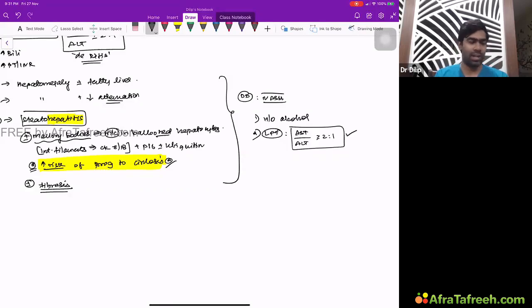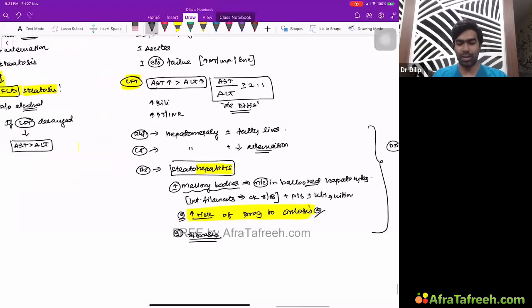Remember, alcoholic fatty liver disease cannot be differentiated from non-alcoholic fatty liver disease unless you have that significant history of alcohol, along with, if LFT is deranged, LFT-related change. But for alcoholic hepatitis, the closest differential, which cannot be differentiated by biopsy, ultrasound or CT, is non-alcoholic steatohepatitis, which produces exactly the same change in biopsy as alcoholic hepatitis. The only thing that will differentiate is the history of significant alcohol consumption and the LFT derangement. That is classic of alcoholic hepatitis: the AST:ALT ratio more than or equal to 2:1.